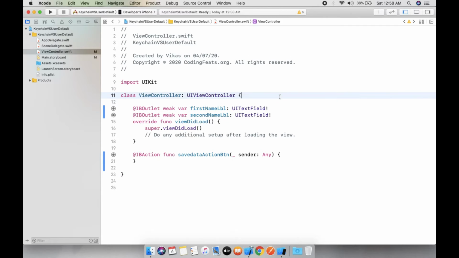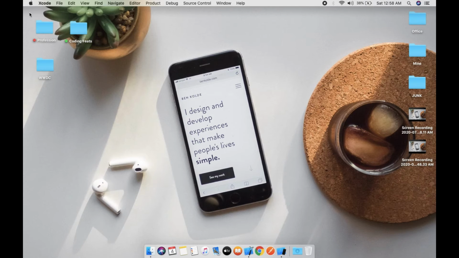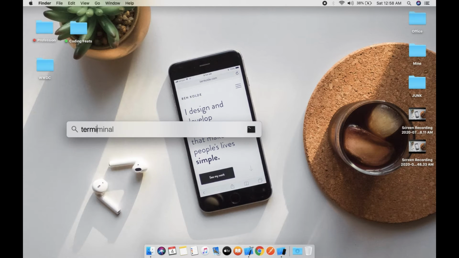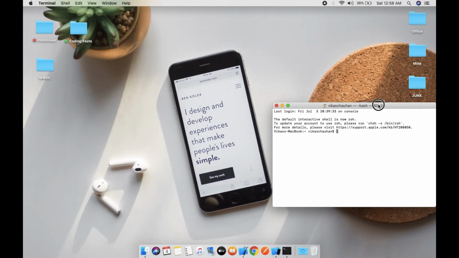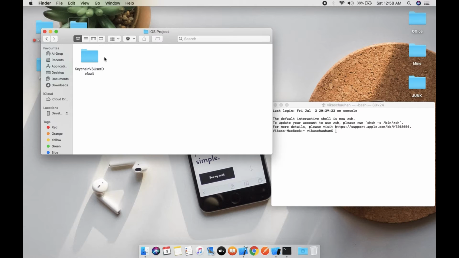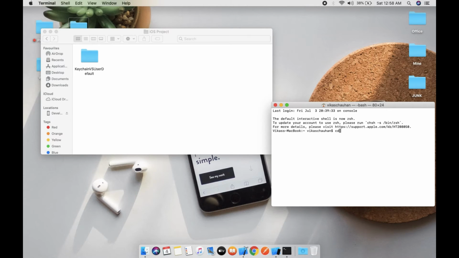For keychain we will use one pod file. So let's close this project, open terminal, and here this is your project. So cd space your project path, pod init.